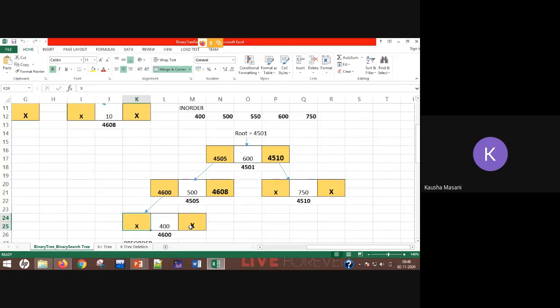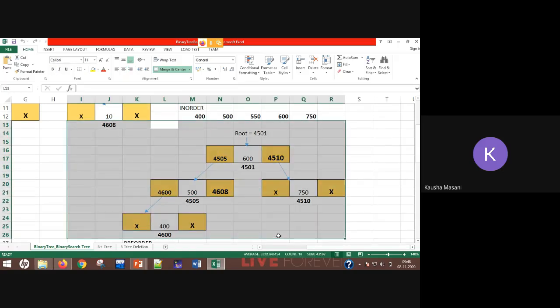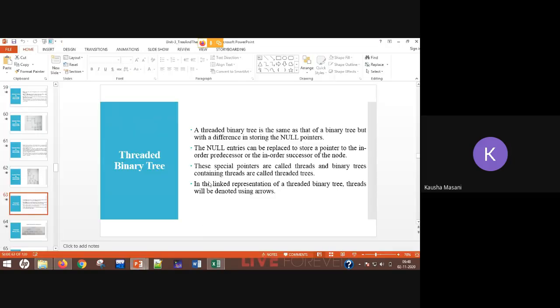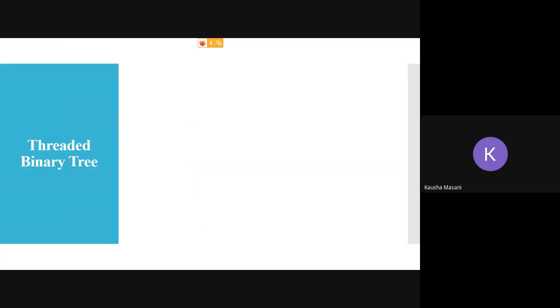Now in the threaded binary tree, we have to work with these null pointers. That is the difference; otherwise the rest of the things remain the same. The difference comes in the leaf nodes. Till now, if you represent your tree as a linked list, the leaf node's left and right pointers have null values. But in a threaded binary tree, that won't be the case.